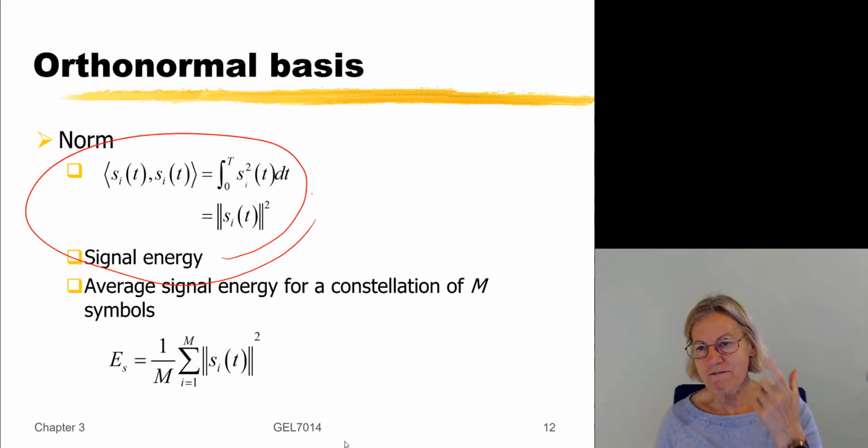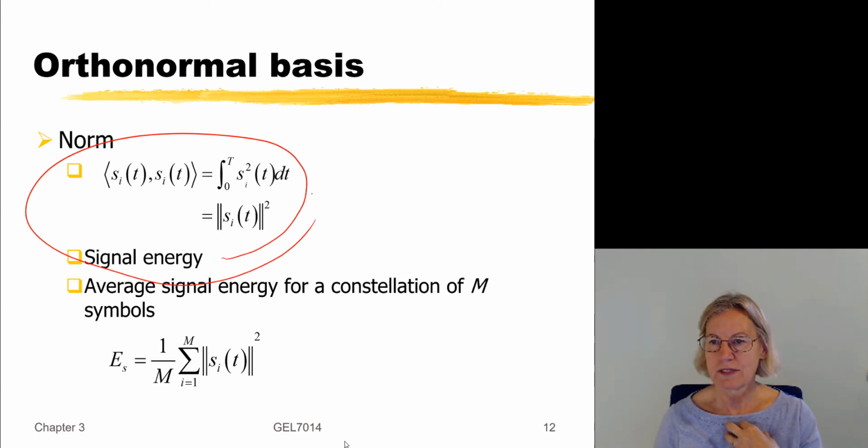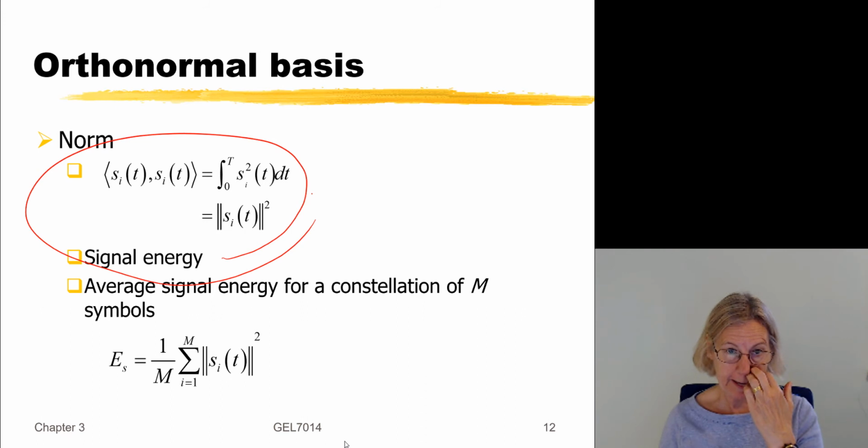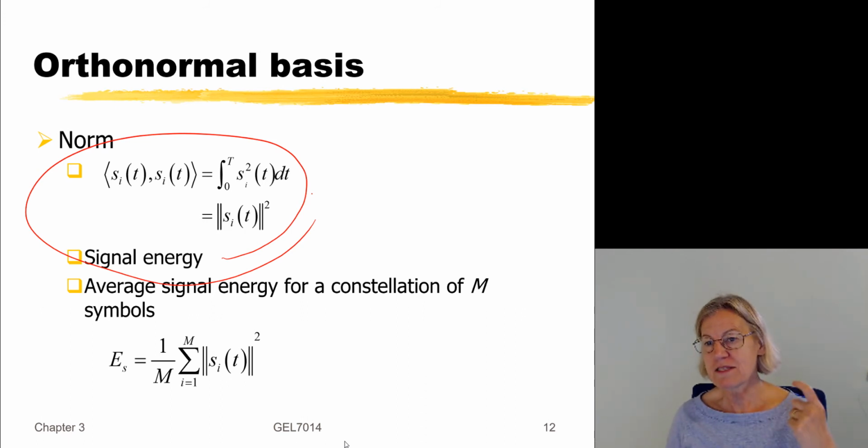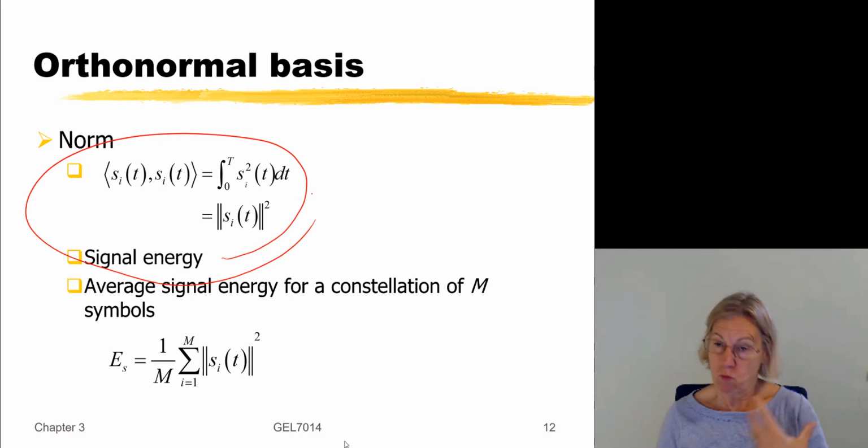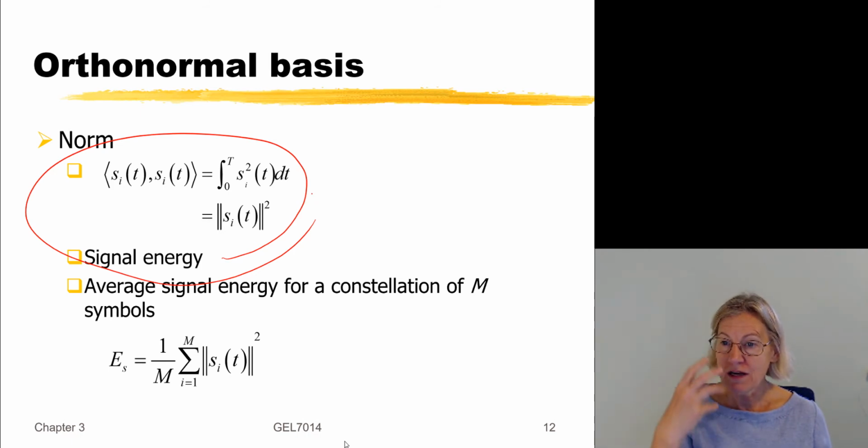The length of the vector is proportional to the signal energy. In particular, the length squared is equal to the signal energy. And that means that the longer a vector is that represents a signal, the more energy there is. So that's something that's really cool because I can look at a vector representation and know something right away about